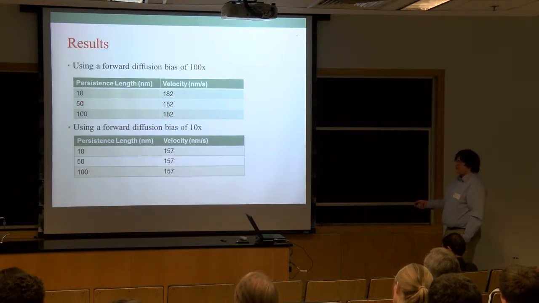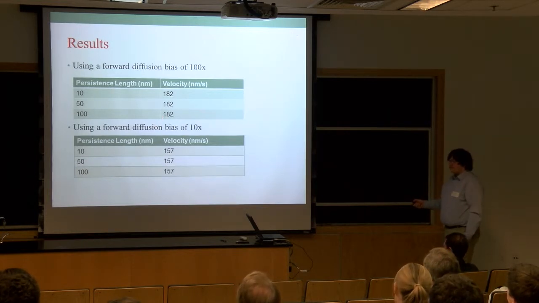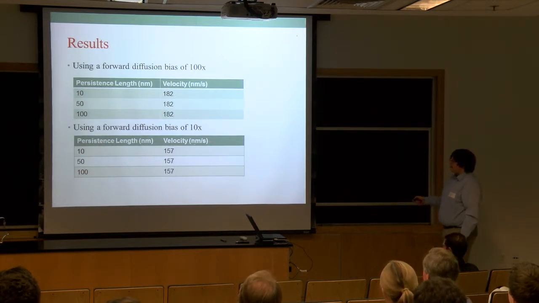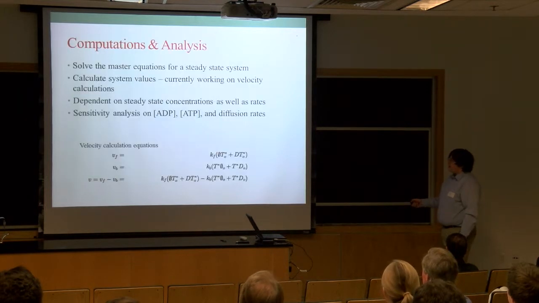With these persistence lengths, which means how stiff the protein is, which is what I was talking about with the two competing models, you get the same velocity. Using forward diffusion bias at tenfold, however, you still get the same velocity. So we know that our model is fairly robust in terms of persistence lengths, but there is still a definite change with diffusion bias. So we wanted to add this next sensitivity analysis on ADP,